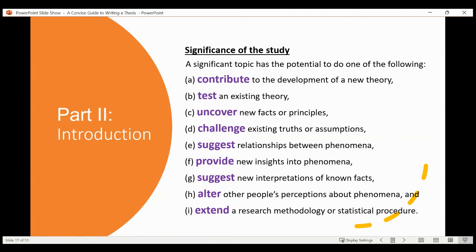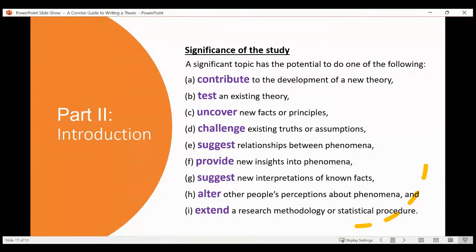elements here. Does your study contribute to the development of a new theory? Test an existing theory, uncover new facts or principles, challenge existing truth or assumptions, suggest relationships between phenomena, provide new insights into phenomena, suggest a new interpretation of known facts, alter other people's perceptions about phenomena, extend a research methodology or statistical procedures. You need to have one of these elements as a significance